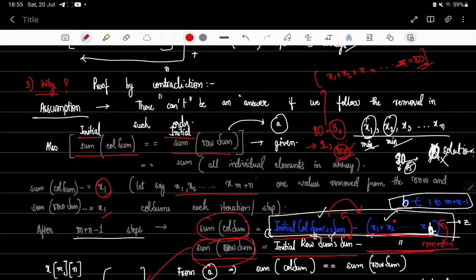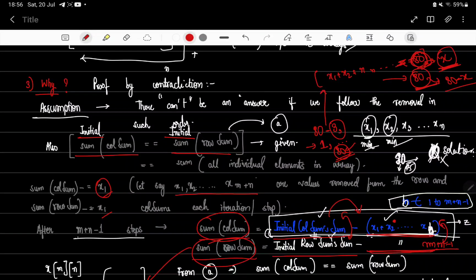So some amount out of 80, some amount x, will be left out from the sum, which we cannot have, right? Because we know the total sum of all the elements in that array has to be 80. But we are saying that right now the total sum of all the elements in the array is not 80, but it is 80 minus x. So if we are ensuring that it is 80,